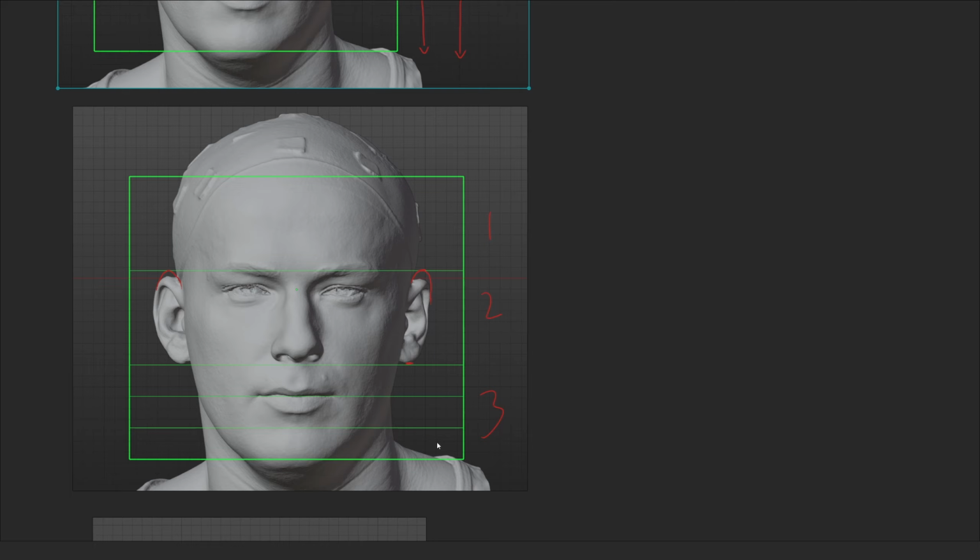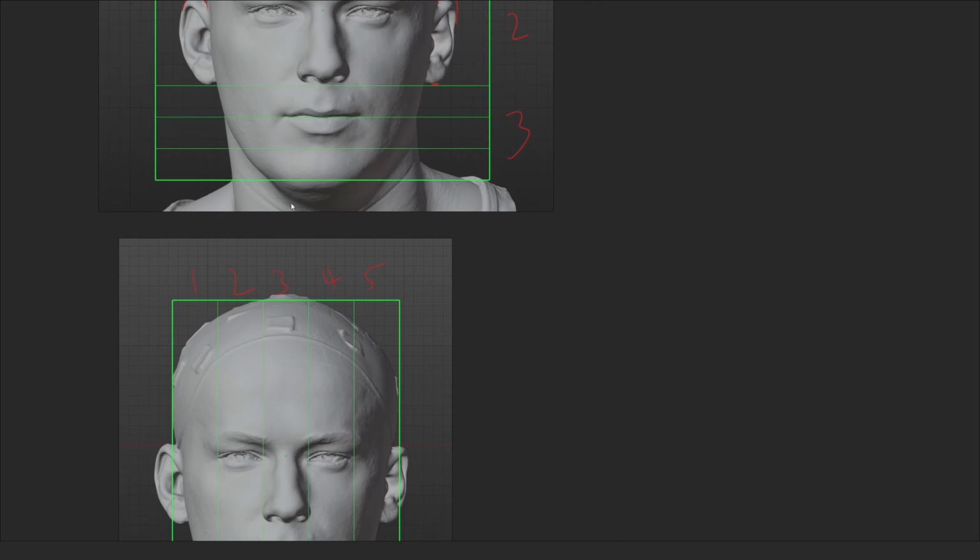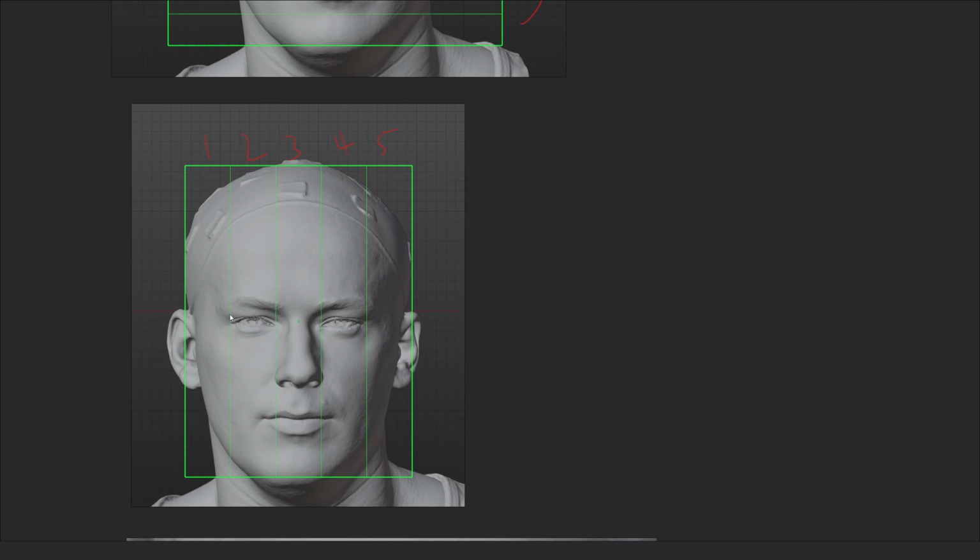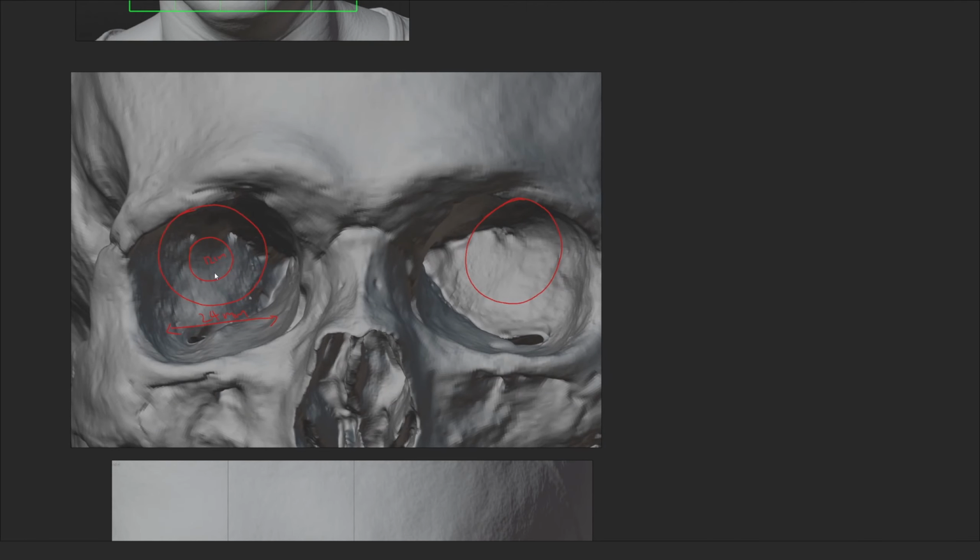And then if you were to divide the third part into three more divisions, then the upper part is where the lips are gonna be. And then we've talked about the width of the head. So the width of the eyes, the width of the nose is basically what we've talked about. If you were to divide your head into 5 parts, and then we talked about the placement of the eyes